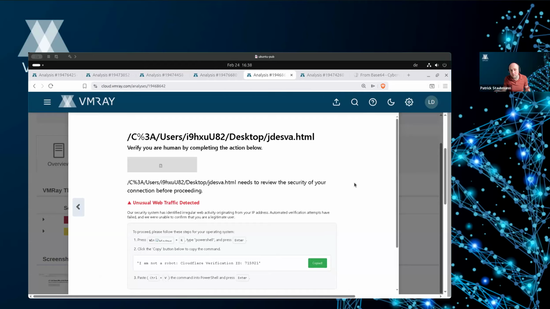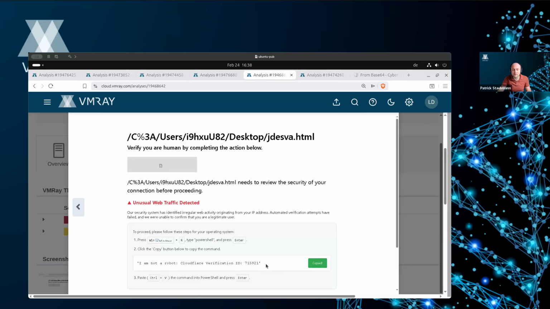While clicking that captcha, they also fill a usually PowerShell command, a batch command, whatever, into the user's clipboard. Then they give you the instructions as here. You have to press the Windows and R button and then type PowerShell to open PowerShell itself, and then press that copy button here, paste this and press enter.